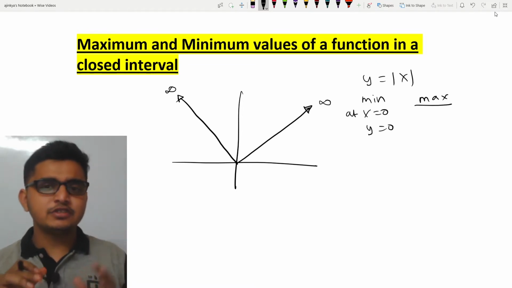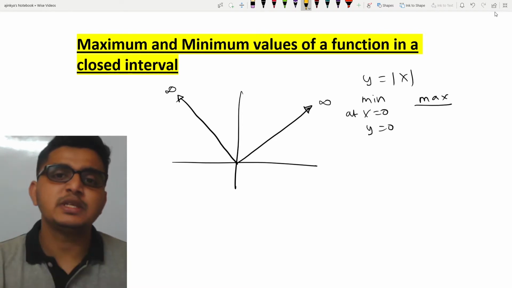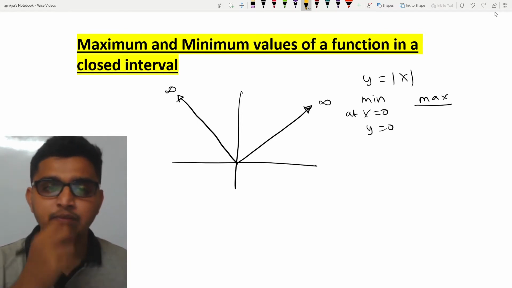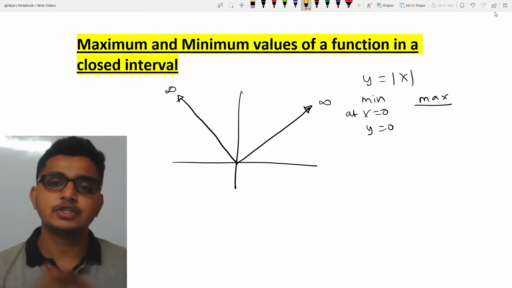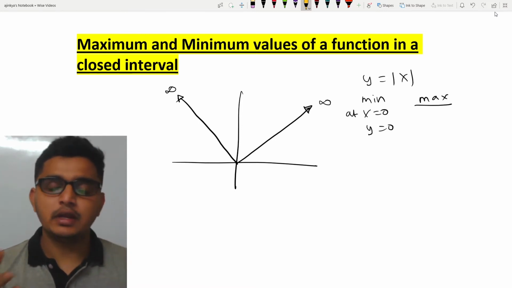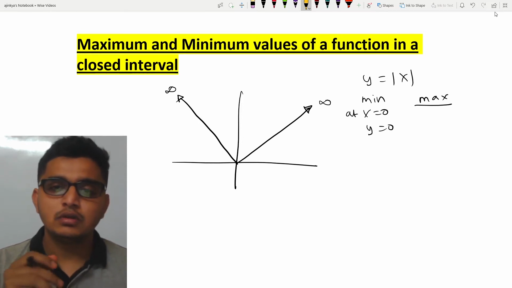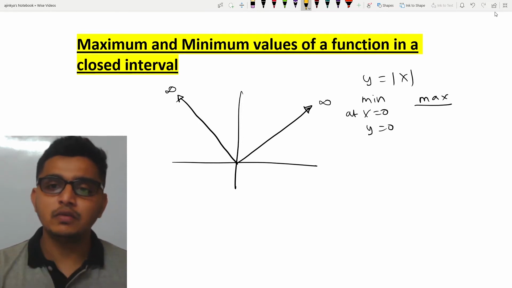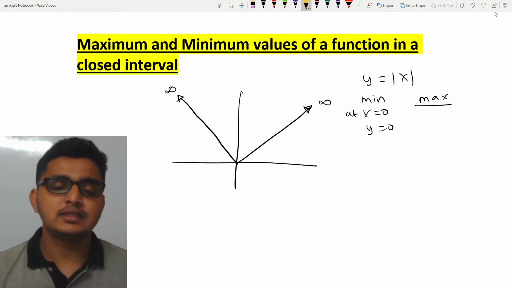Mathematicians are clever people, and they need to be very specific about the point where they need to understand what happens in a particular range, for example weather and other things which I have already discussed in the videos. So they said that if we take an interval and define the exact interval for that function, then we might get the exact values.